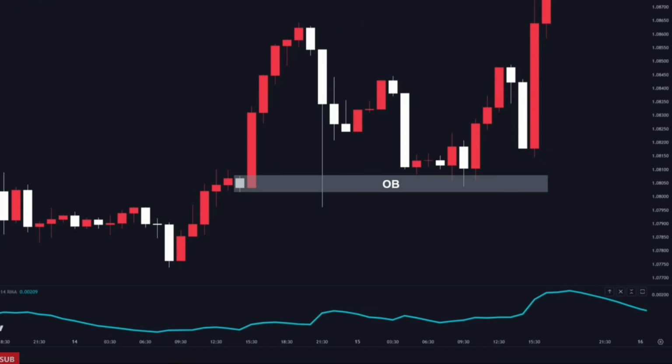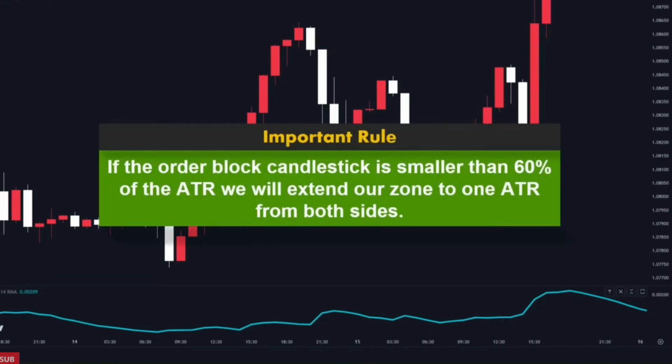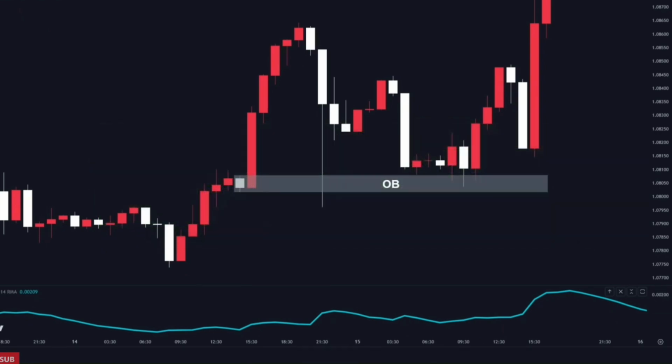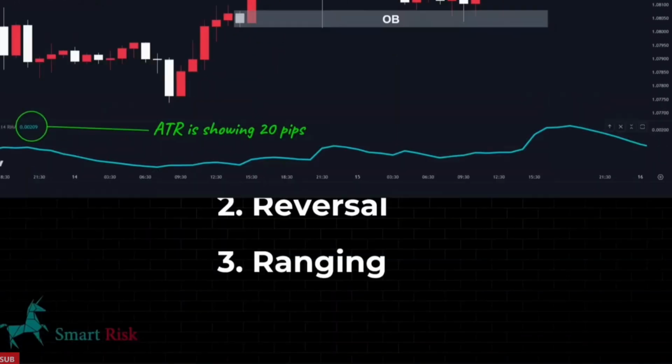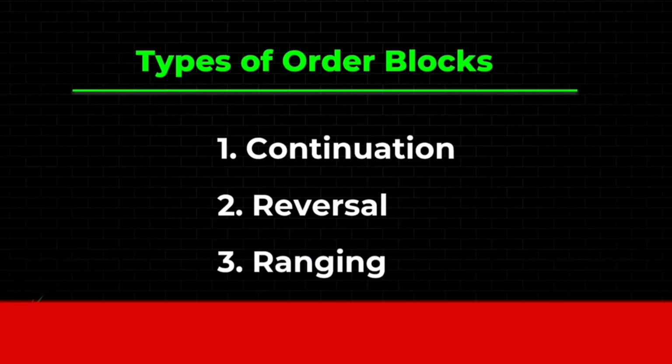So here is an extra rule for marking the order block zone. If the order block candlestick is smaller than 60% of the ATR, we will extend our zone to 1 ATR from both sides. For example, here the ATR shows that the average size of the past 14 candles is 20 pips, so if the order block range is lower than 60% of 20 pips, we will extend our order block zone to 20 pips. Now, based on the market structure concepts, 3 kinds of order blocks form on the chart: